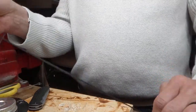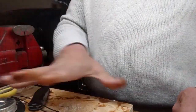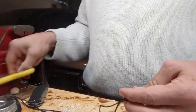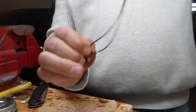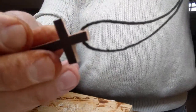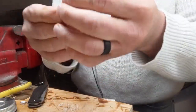And I make the thread a little bit long because you can always shorten it later. So I'm probably doing about, I don't know, 15 inches on each side, so 30 inches total. Then I kind of squish that leather back together again so it's not super obvious where the thread goes through. Then this knot that I tie is called a